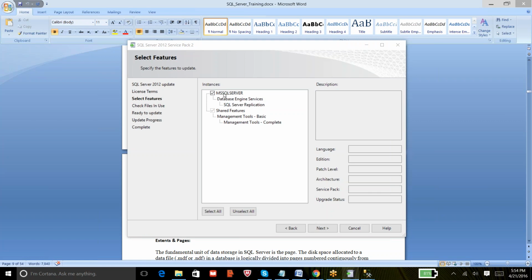If I had installed 2 or 3 instances, then it would have listed them at the bottom, and I can just select those 2 or 3 instances here and apply the service pack in one go. And if your requirement is to apply the service pack only on one instance and not on other instances, then you can just uncheck the other 2 instances here and go further. It's pretty much simple, the service pack upgrade.